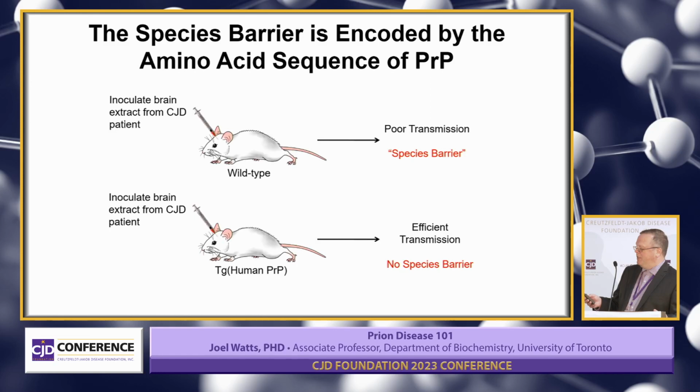To illustrate how this works, if you take CJD prions and inject them into mice, which produce the mouse prion protein, mouse PrPC, you don't get transmission because of the species barrier. If you genetically engineer the mouse so that it produces the human version instead of the mouse prion protein, then the mice become very susceptible to CJD prions and you get efficient transmission. So to have good transmission, you have to have a match between the PrPC in the system you're trying to replicate the prions in and the PrPSc that you're using as your test sample.